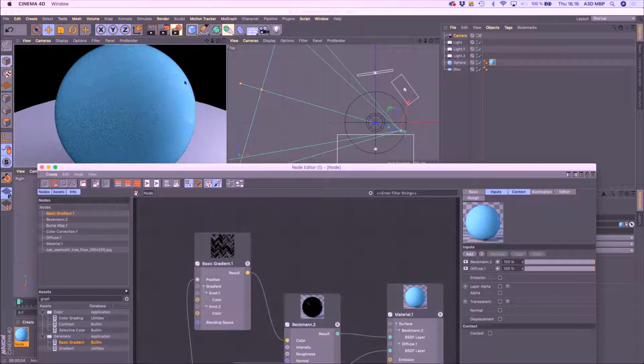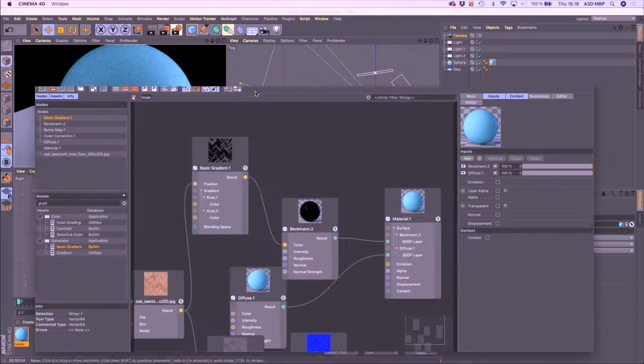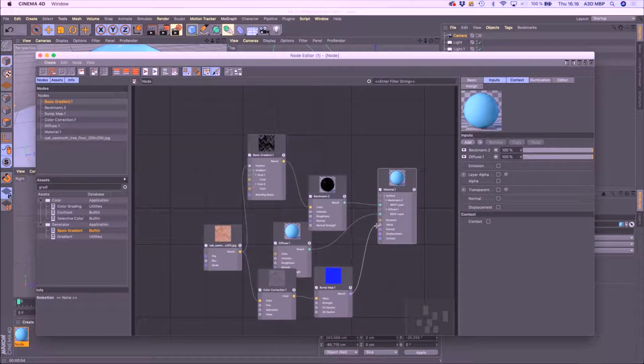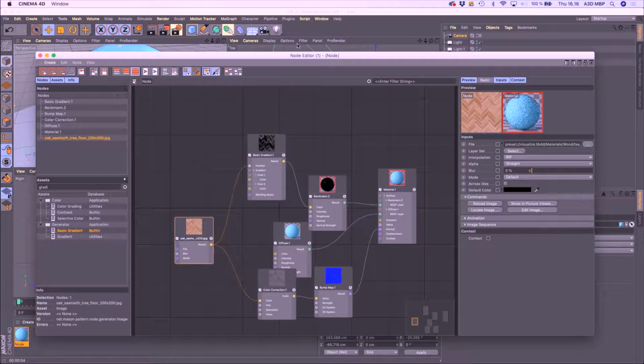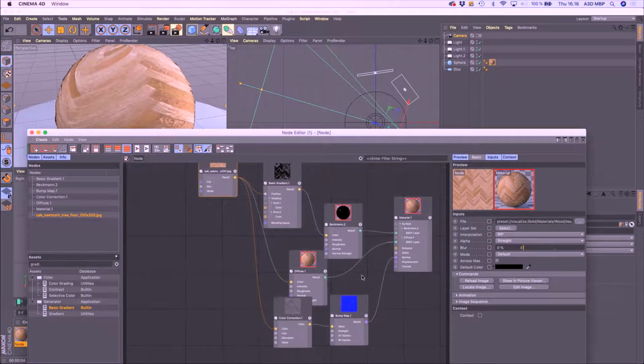There is a bit of variety here in the reflective part. Let's pipe this in again, since that's the important part right now. I'll pipe this into here. As you can see, it can get complex pretty fast. It's simple nodes that you just connect, but when you create materials, it can get complex looking pretty